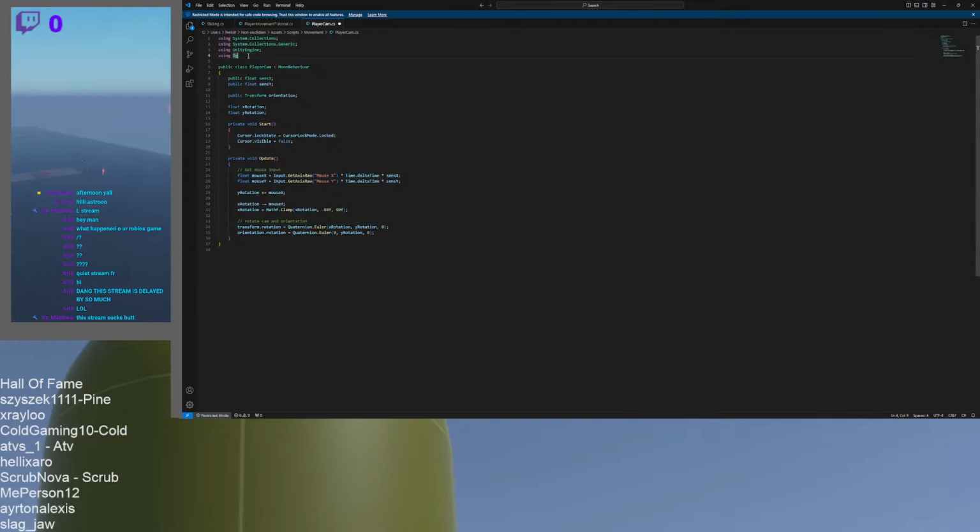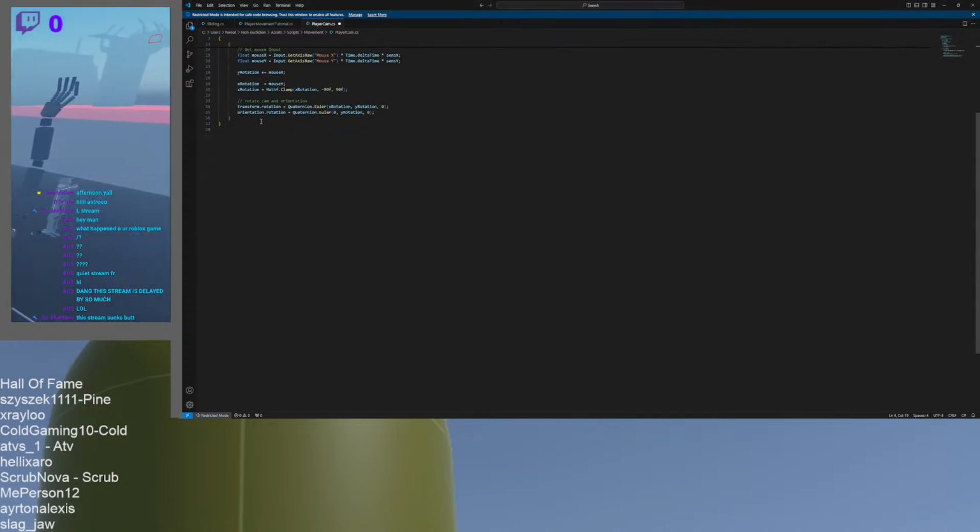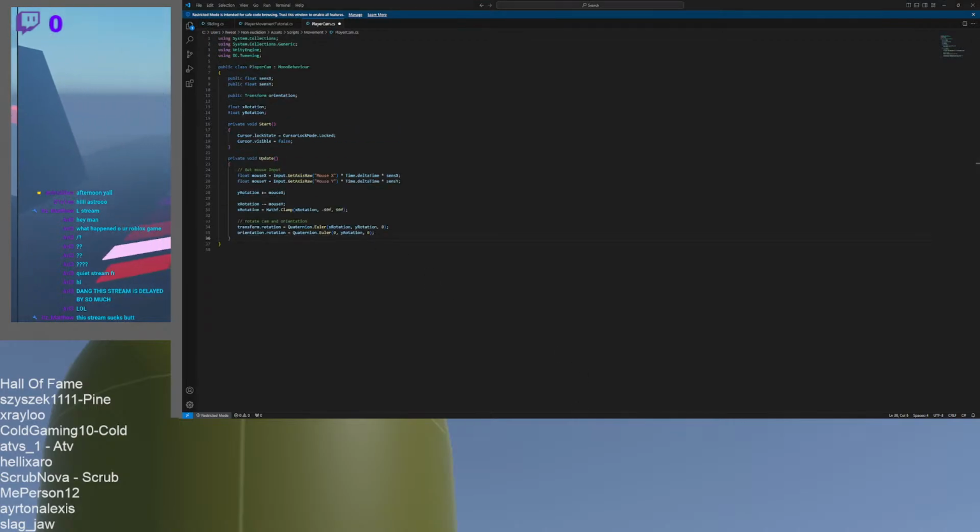Okay, we have to put using DG.Tweening. Okay. Now thanks to this asset, the